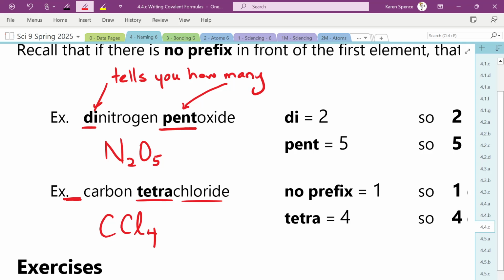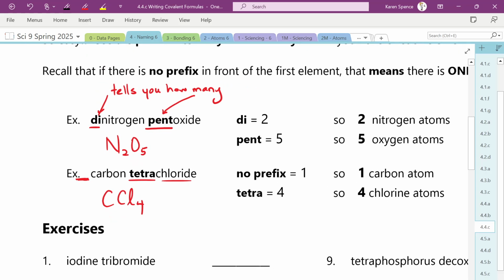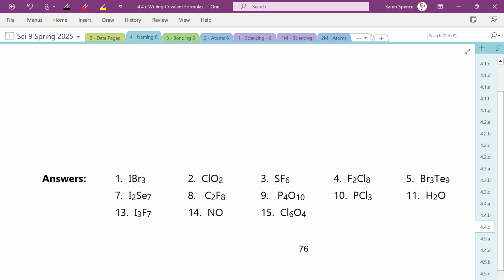So today, you can practice page 76. Although if you have not done quiz 7, do quiz 7 first. Let's see. Page 76. And then because quiz 8 has both nonmetal and metal,